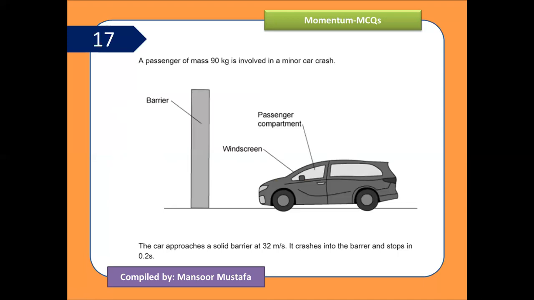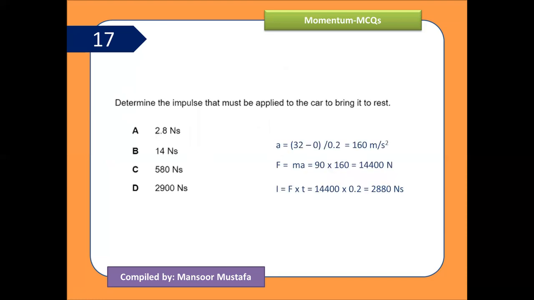Now next question. A passenger of mass 90 kilogram is involved in a minor car crash. The car approaches a solid barrier at 32 meters per second. It crashes into the barrier and stops in 0.2 seconds. Means that when it hit the barrier, definitely it will take some time to decelerate and that time is 0.2 seconds. Now what we have to calculate, determine the impulse that must be applied to the car to bring it